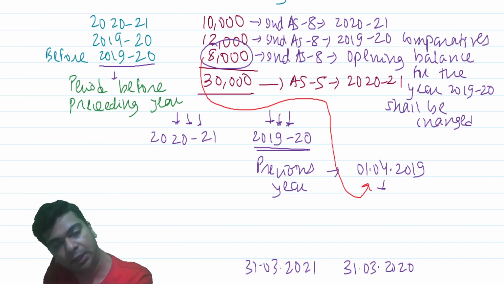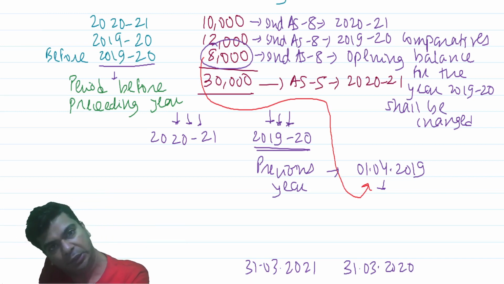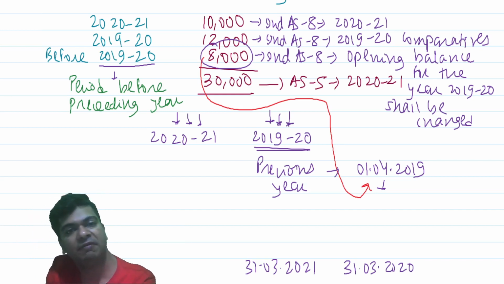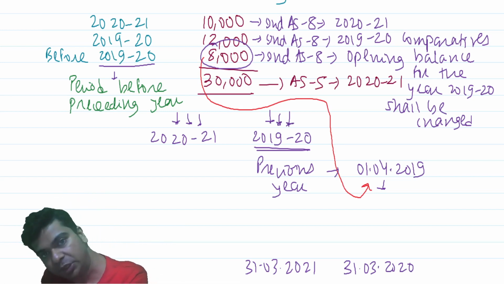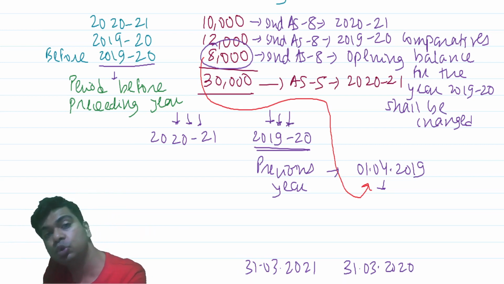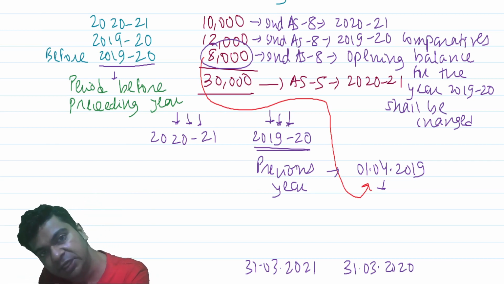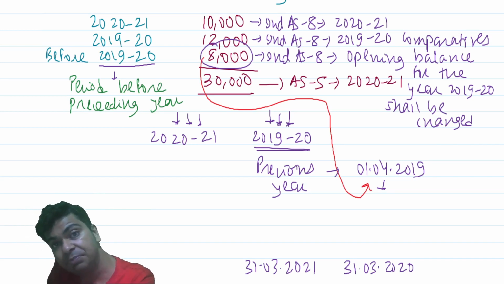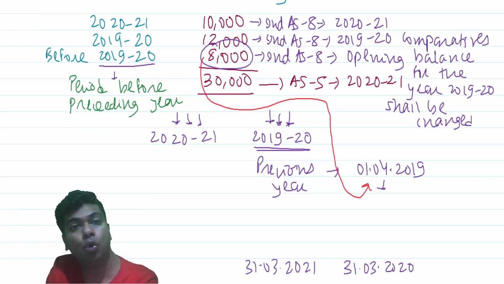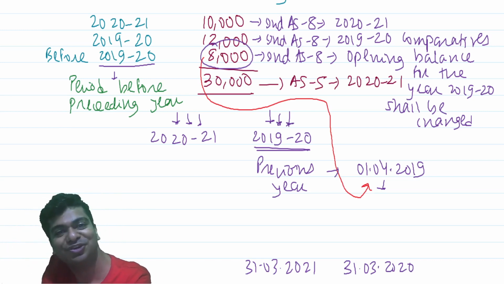Agreed, it is impracticable. From what period can you make it practicable? You feel that the recent inventory valuation is perhaps more important. You realize that instead of 150 years, it is practicable for me to do this calculation since the last 5 years. Fine, you can give the effect of a change in accounting policy from the period from which it is practicable. There is no rule over here that since we have written retrospectively, you have to do the calculation retrospectively.